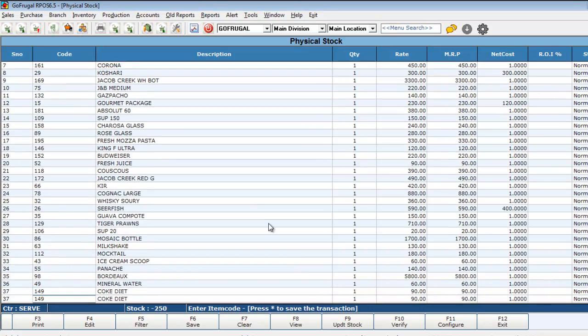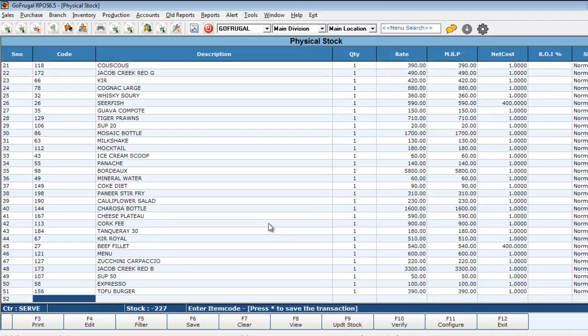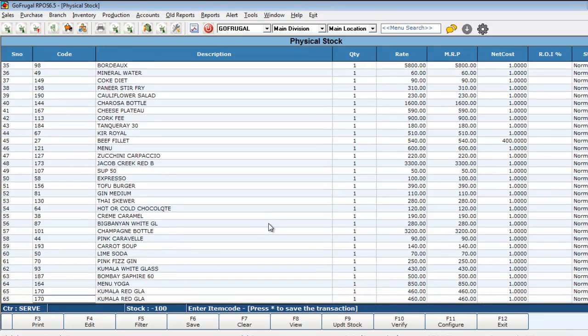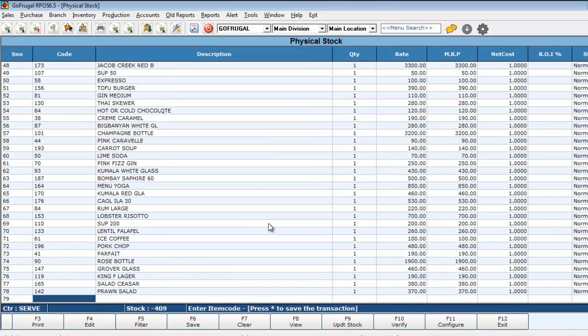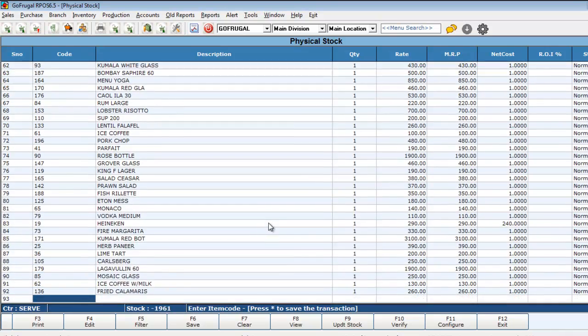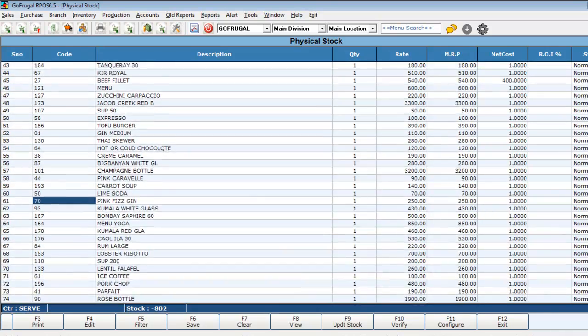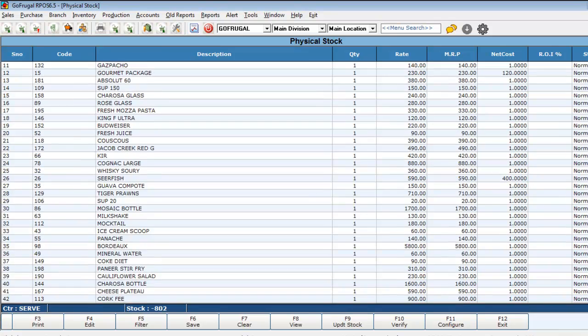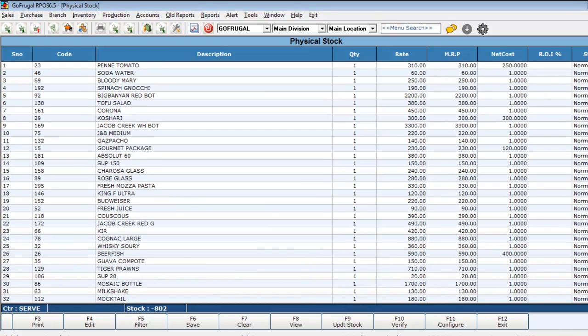Now, all the items with the negative stock will get listed out here. Wait until all the items get loaded. Now, here all the items with the negative stock is been loaded.